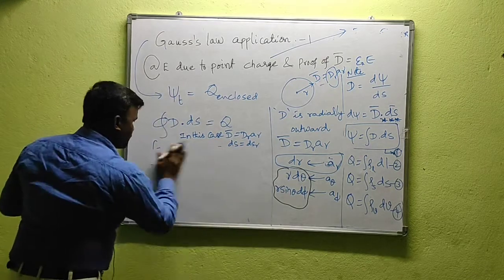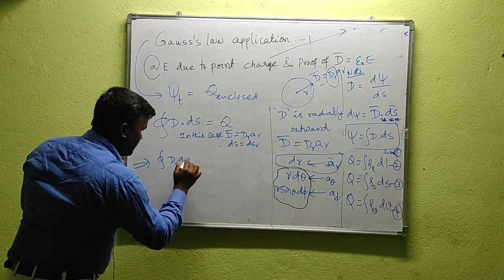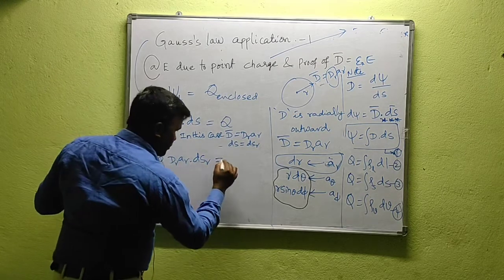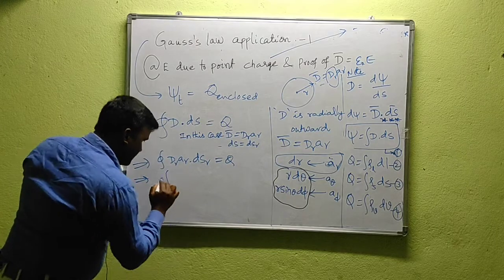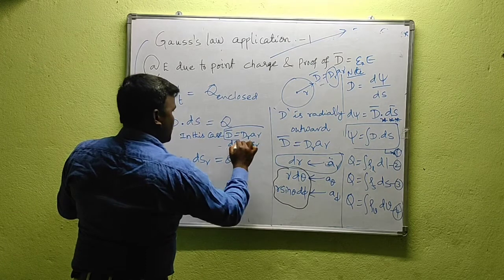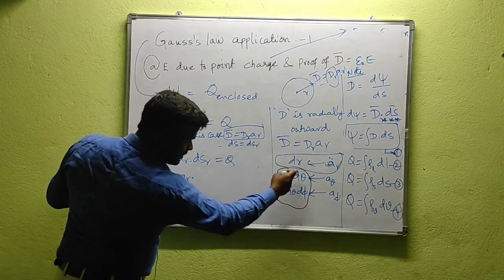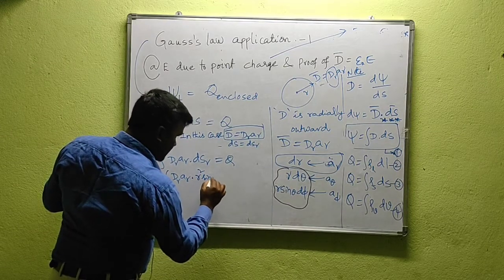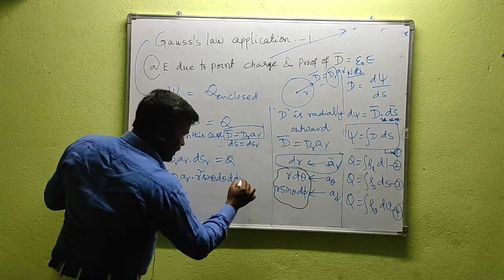Okay, so that's why here you have the integral of D_r a_r dot dS, and dS means the differential surface area normal to r, is equal to Q. Here we have D_r a_r, this one is important. Differential surface area normal to r means except r, I need to multiply these two, r into this one, that is r squared sin theta d theta d phi, into a_r.